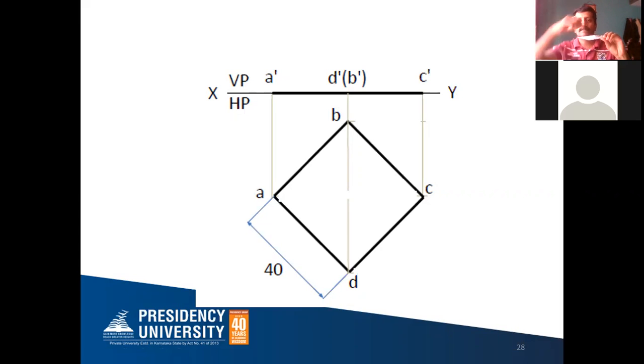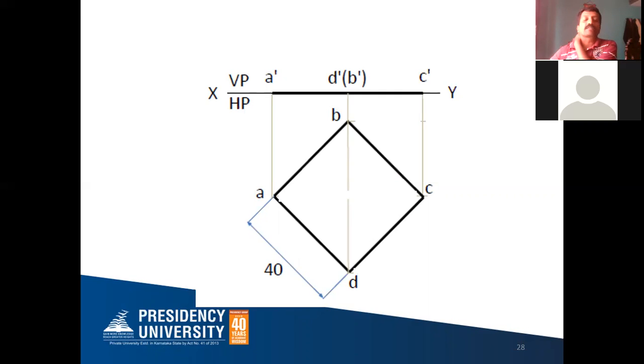Correct. The complete square you can see in the top view, and the front view looks like a straight line which is equal to the diagonal. So you join this with a thick line, and A, D, C you can see, you cannot see B. That's why B dash is written within the bracket. So this completes your front view, and this completes both the true shape diagrams. In the first position you have completed.